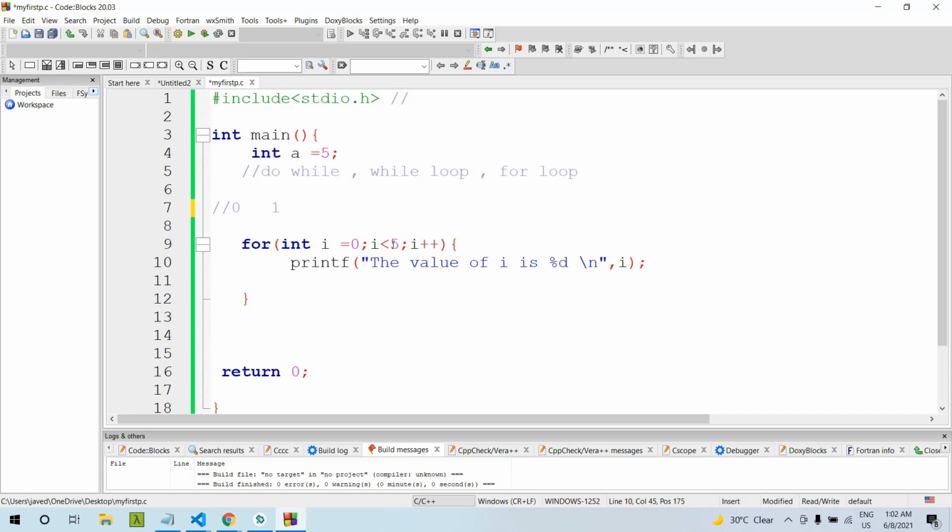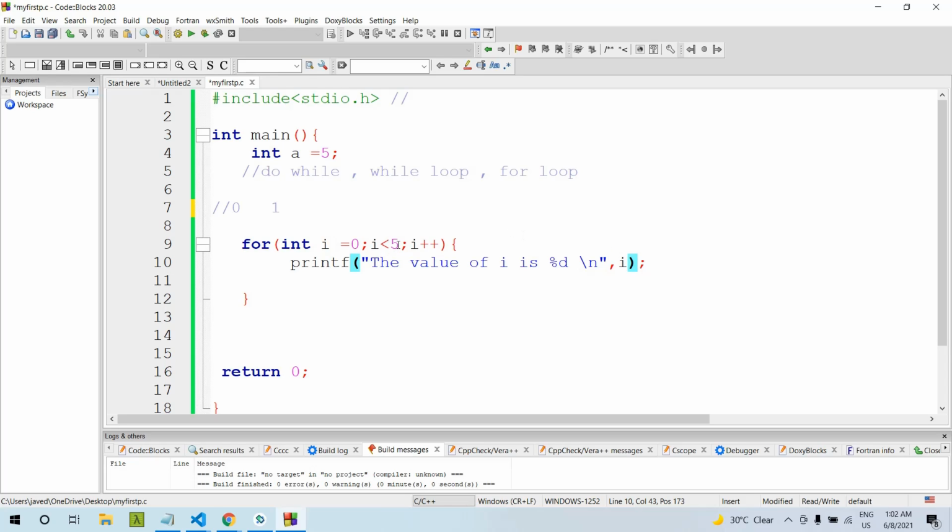Now go here and check the condition that i is less than 5. Yes, the value of i is 1, so this condition becomes true. Print the value 1, then i plus plus, the value of i is 2. Then check i less than 5, yes, true, print the value 2.